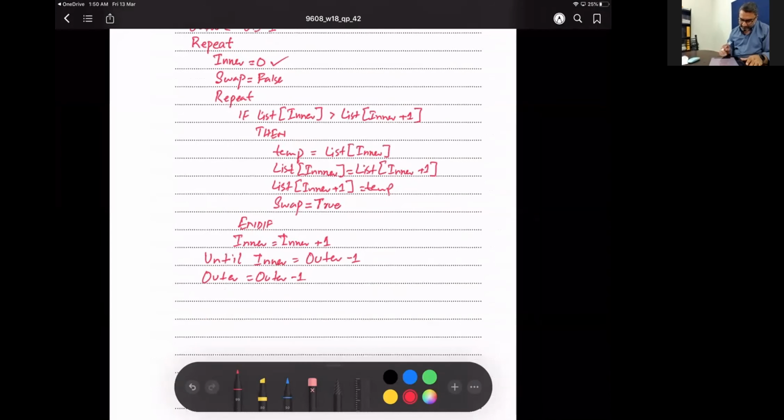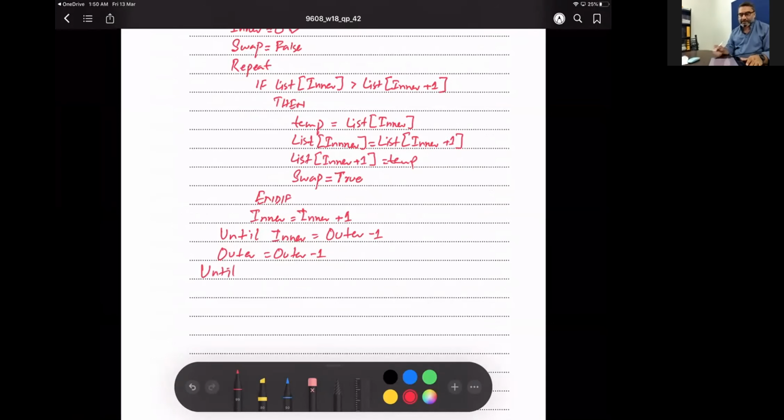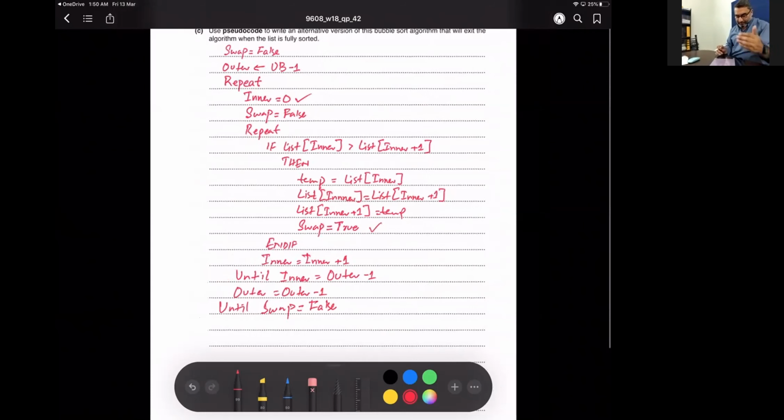we have another until that will kick us out if the swap is equal to false. If it is false, if it has not turned yet to true and it is still false, then it is out. What if it is not false even to the last swap? So in that case, you would have to check that if the outer is reduced here down to 0,